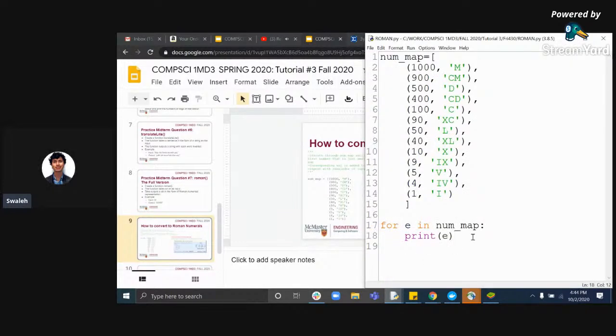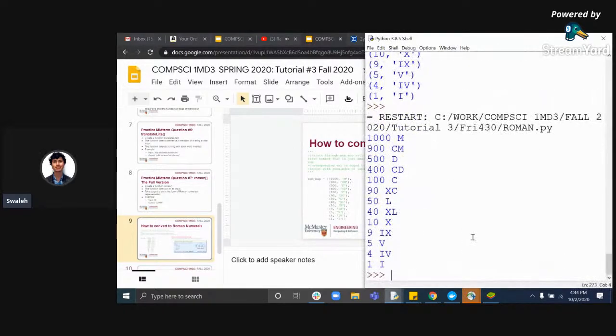So I absolutely can use string indexing. By that, I mean instead of just typing print E, I can type print E index 0, and then print E index 1. Now I run the code, and I get the elements individually. So that's a totally legitimate way